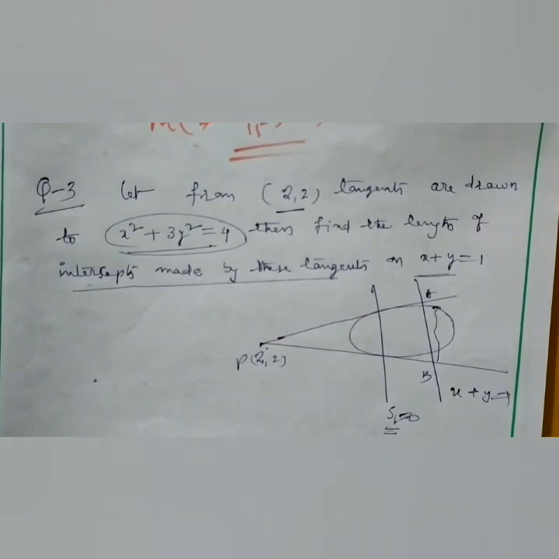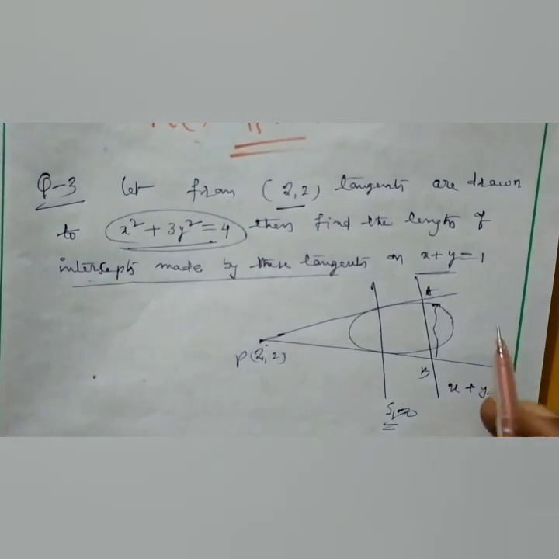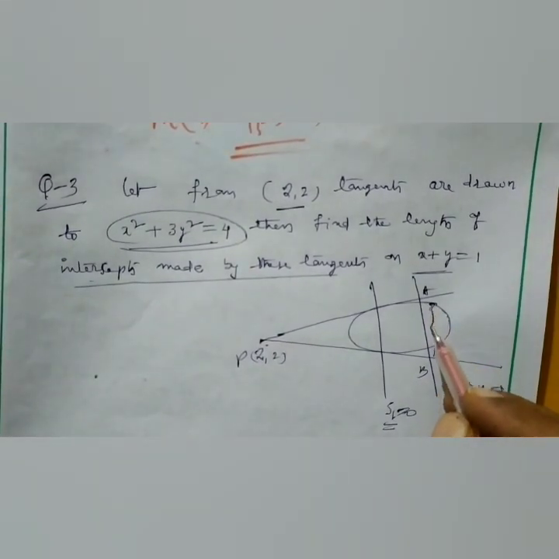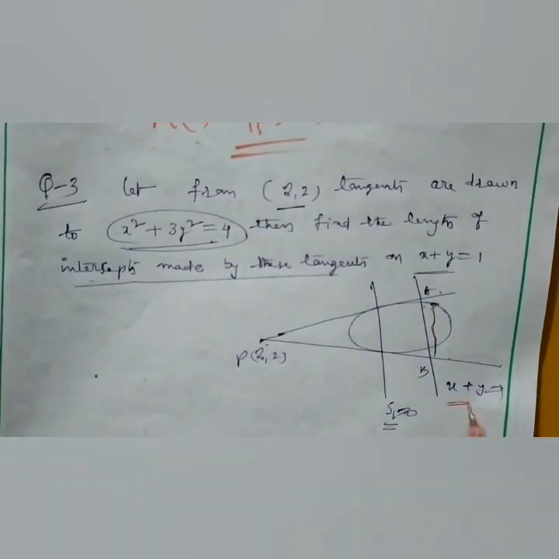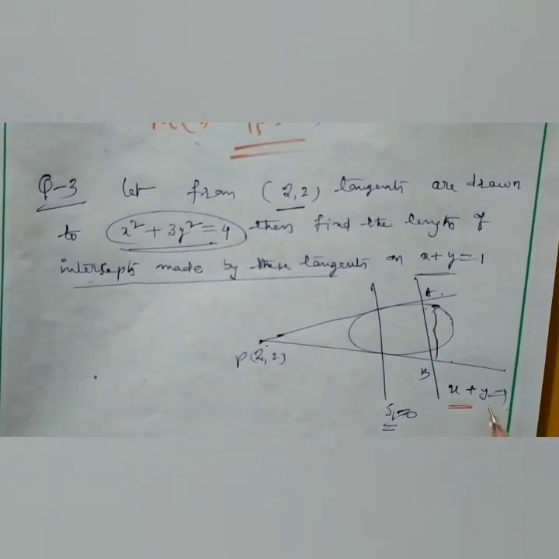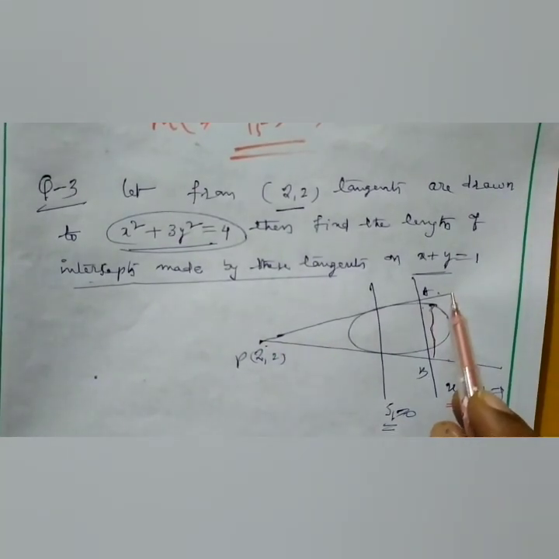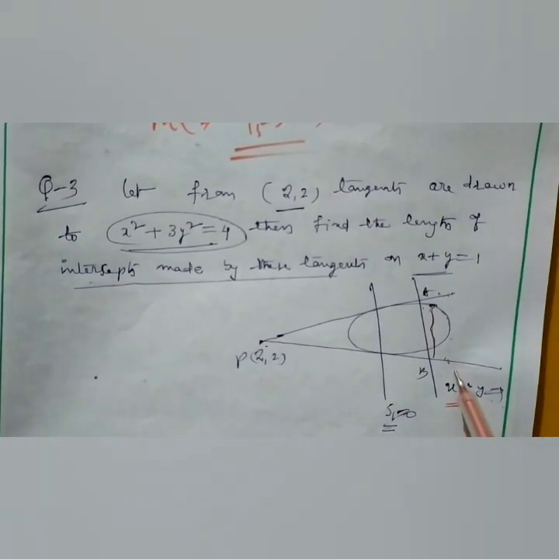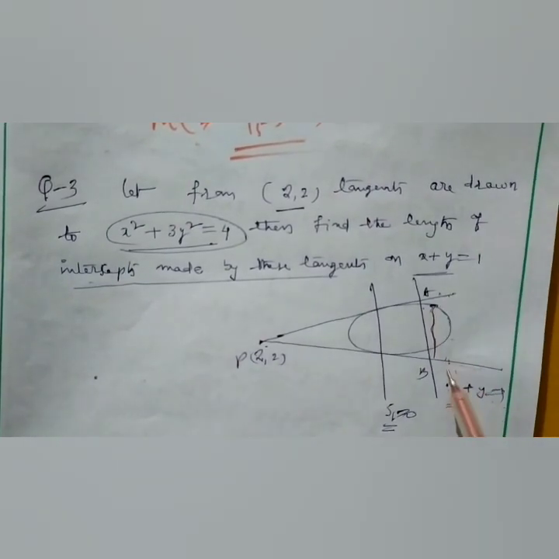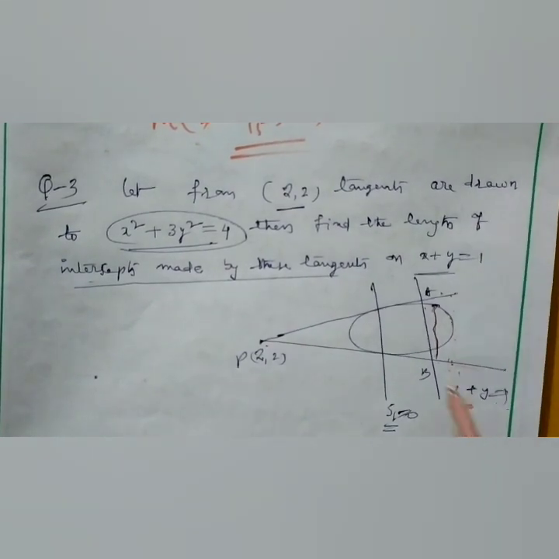So here if you observe closely, one thing is determined. What is that? The length of the chord formed by the pair of lines and the line x plus y is equal to 1. See here, a pair of lines is also a conic. So treat the pair of lines as a conic. Using that conic, we are finding the length of the chord, meaning a line and a conic are given.